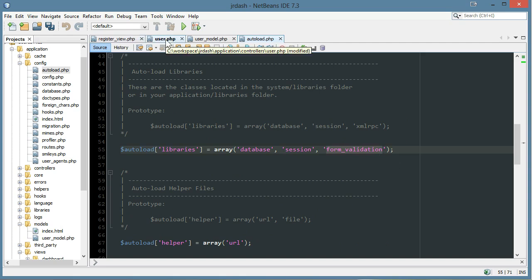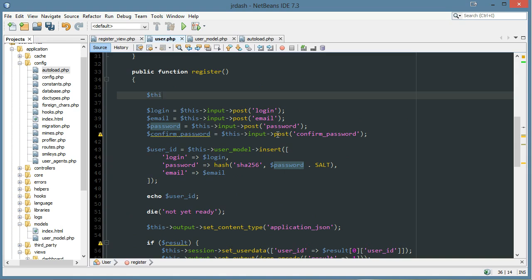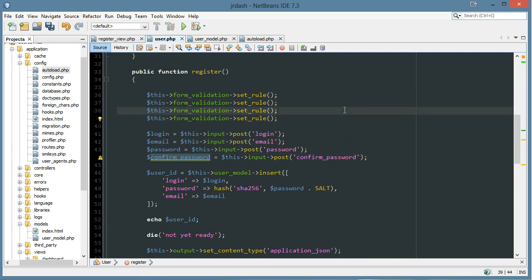Okay, T-I-O-N. And what we're going to do is say this form validation set rule, and we're going to set rules for I think every one of these. So boom, boom, boom. And the first parameter we pass in is the field here. So I would say login. The second parameter is the display of it. So I'll type in capital login. So if an error occurs, it's going to be a capital L. And then the requirements here, which I'll get to shortly. We'll do email, password,